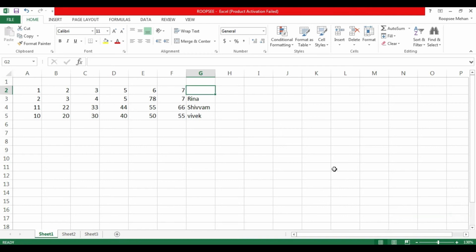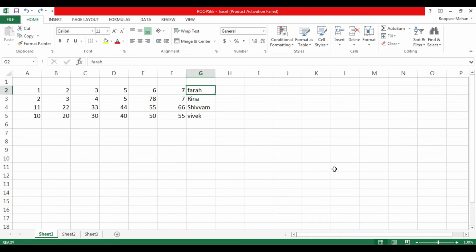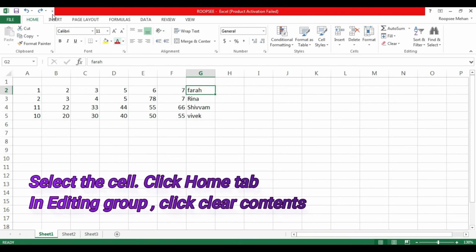Our third method is first I will undo my action by doing Ctrl Z. And what is the shortcut key for redoing the text? That is Control Y. So undo Control Z, redo is Control Y. Now third method of deleting cell content is select the cell, go to the Home tab.